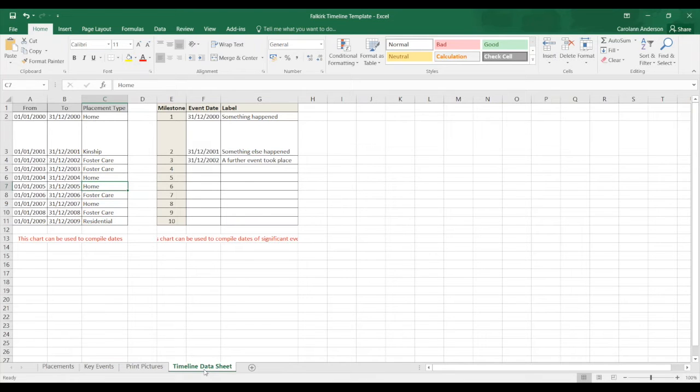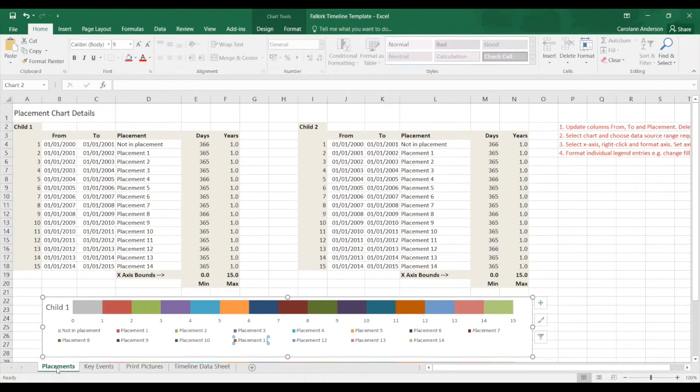This is a copy of the timeline example sheet. The first section would be for the placement information, and the second part is for the key events. Returning to the timeline template. The template is set up to allow you to compile a timeline for siblings.